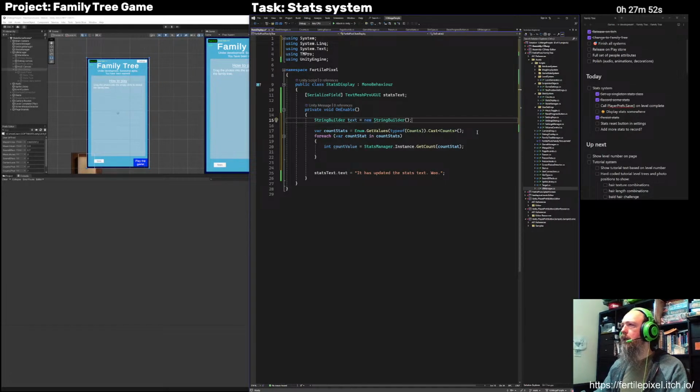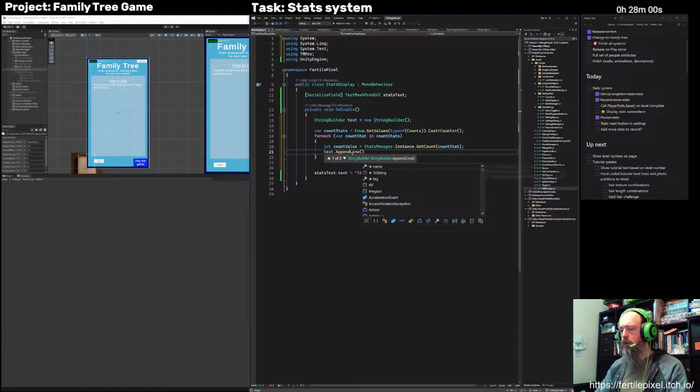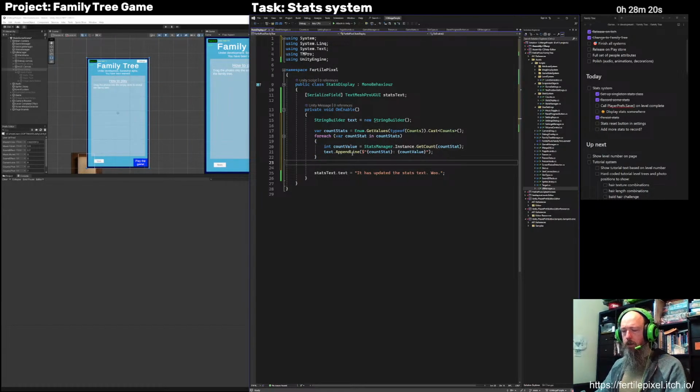New string builder. Let's just append a line onto that, which will just be, just do a little template string here. I know we want count value. And we could just do this, which might give us,